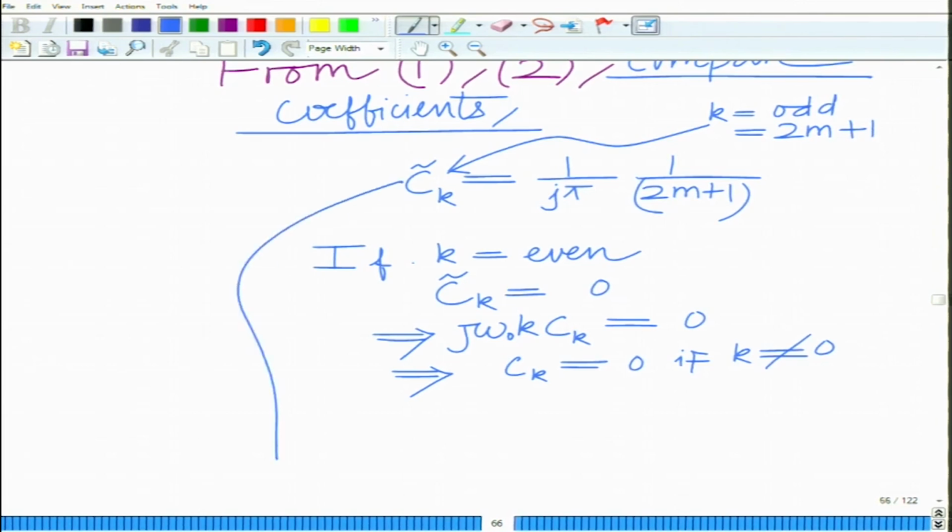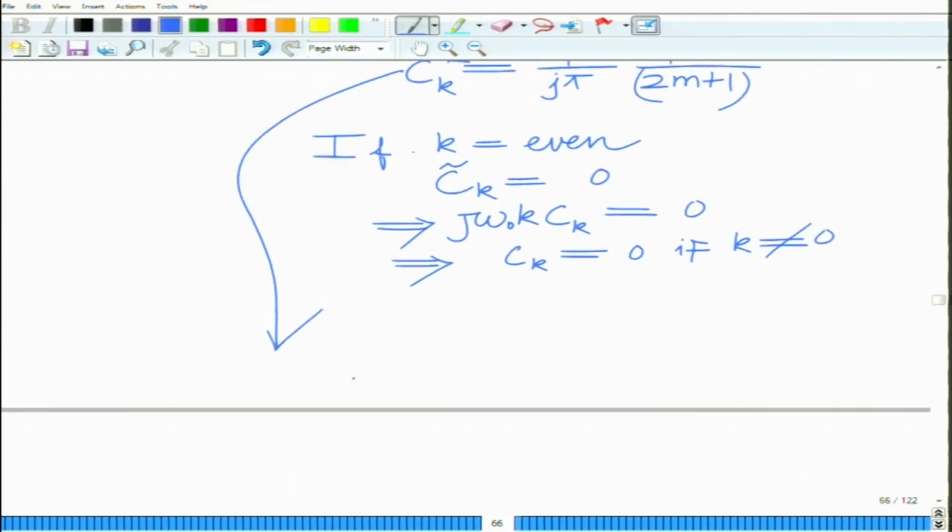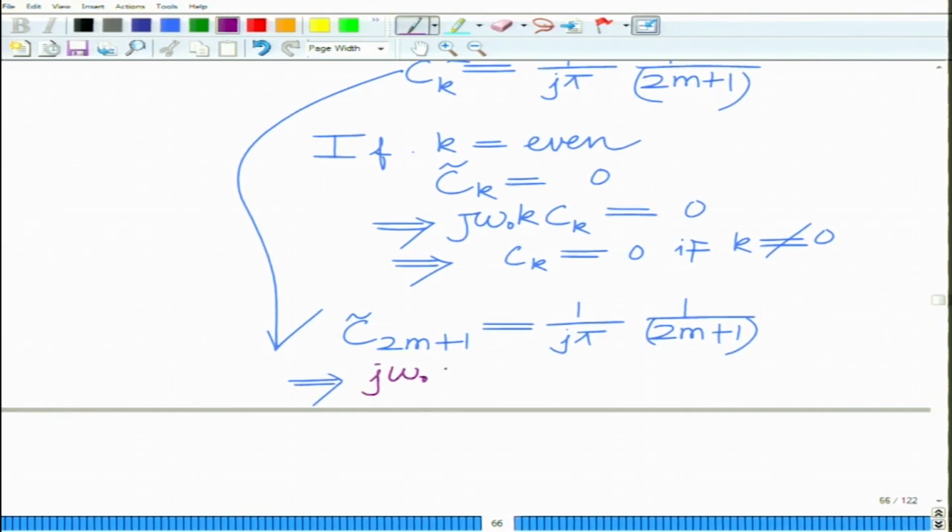On the other hand, for k odd, we have c tilde of 2m plus 1 equals 1 over j pi times 1 over 2m plus 1, which implies that you have j omega naught k, which is 2m plus 1,